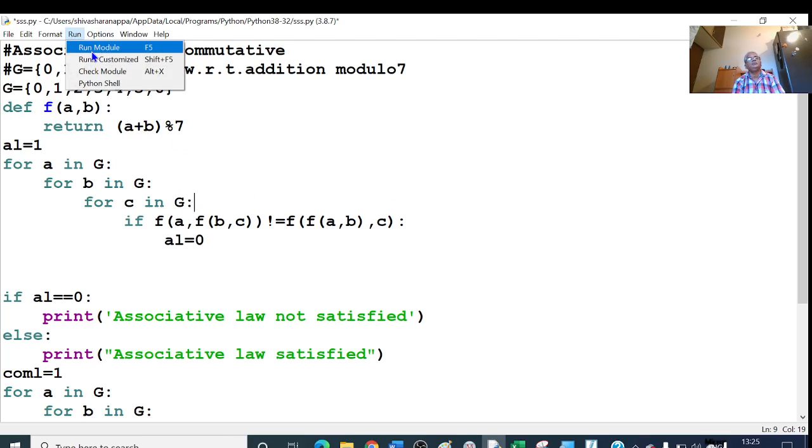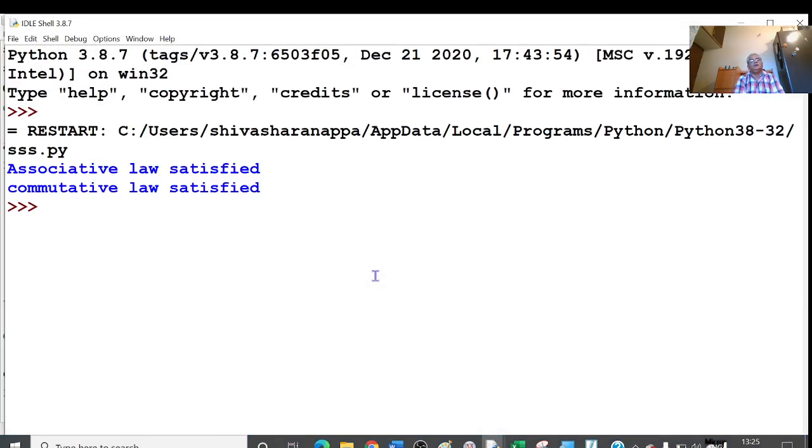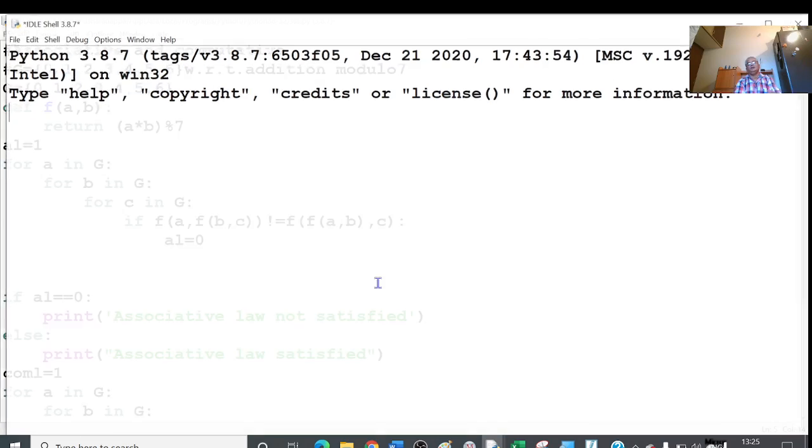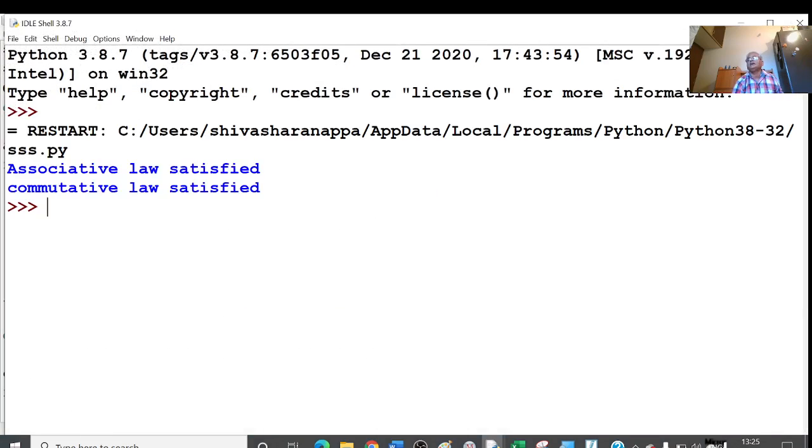Running this program, both the laws are satisfied, associative and commutative. If we take multiplication, again it is satisfied. Yes, satisfied.